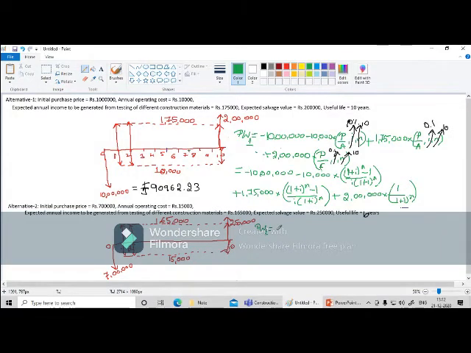If I want to convert everything to present worth, I have to convert this cash flow. I have to formulate a statement. The first value, if I take it from the left-hand side, is 7 lakh. Is 7 lakh negative or positive? It is negative. Why? It is an outflow. So minus 7 lakh. For this 7 lakh, I need not multiply anything. Why? The 7 lakh is already in present worth. Already it is at the 0th year. So it is already in the present state. I need not multiply by any formula.